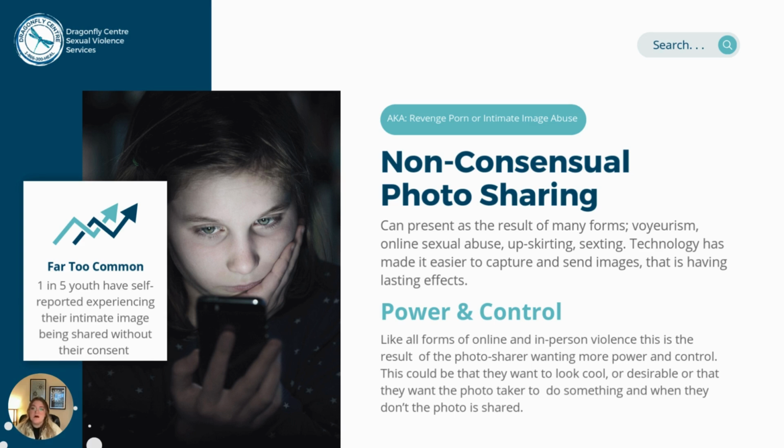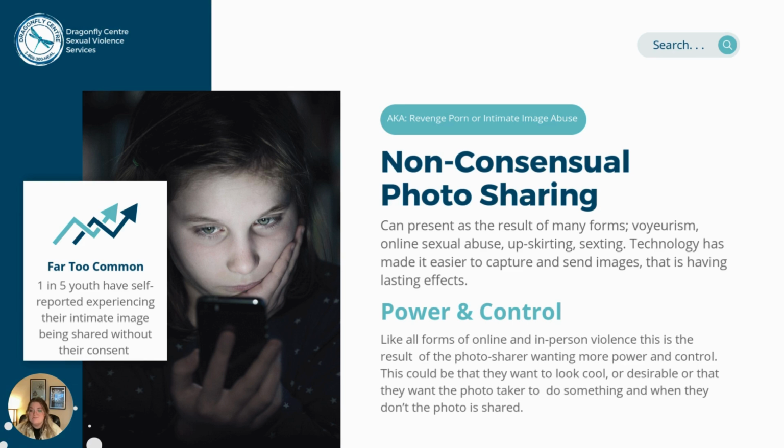Like all forms of online and in person violence, non-consensual photo sharing is about power and control. The person sharing the image may be seeking social validation, a sense of desirability, or attempting to manipulate the photo taker into compliance. When the person refuses to comply, the image may be shared as a form of coercion